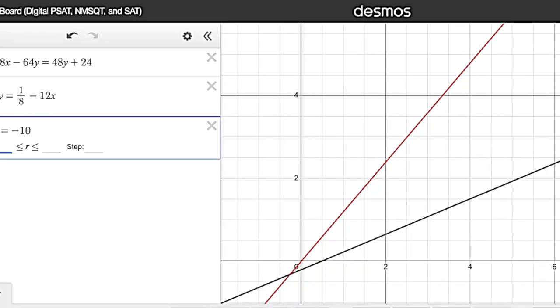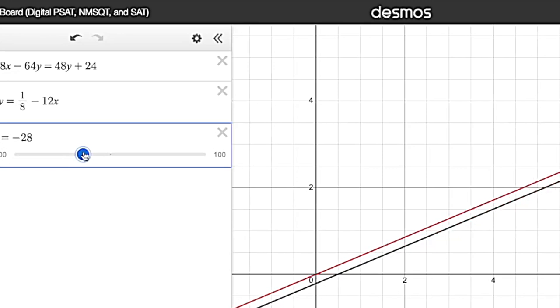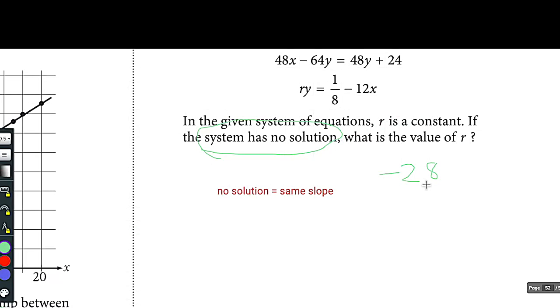Okay, we need to change our slider here. Sorry, the step, it was only going down to 10. So I'm going to go minus 100 and then 100. This is like how far we're allowed to go with our, I'm going to use a whole number for now. Okay, that's actually looking like it has the same slope right there. All right, so we got the same slope here. R equals negative 28. And of course, you could play ring around the rosy and use substitution and whatnot for this, but why would you do that when you can just jump into Desmos and get your answer so quickly?